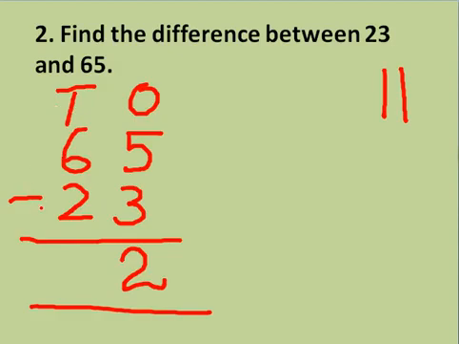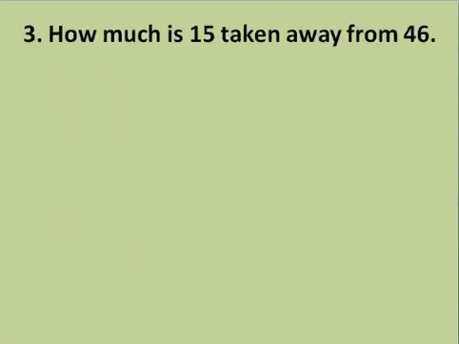Next, coming to tens place, 6 minus 2. After 6, I will start my backward counting and I will come up to 2. It can be done on fingers or using lines. Here I am showing you using lines. After 6, 5, 4, 3, 2. So how many lines are there? 1, 2, 3, 4. So 6 minus 2 is 4. Okay, this is how we can do simple subtraction using backward counting.